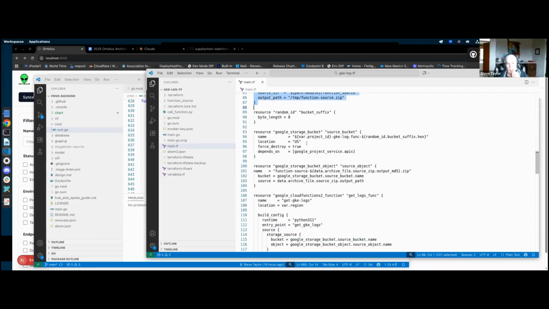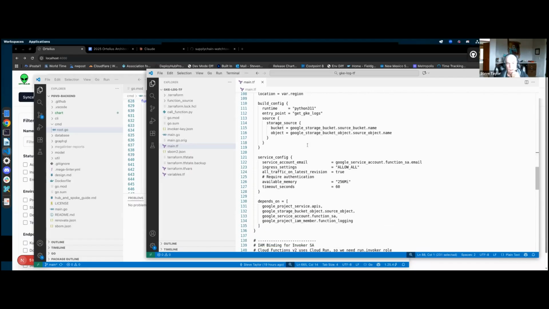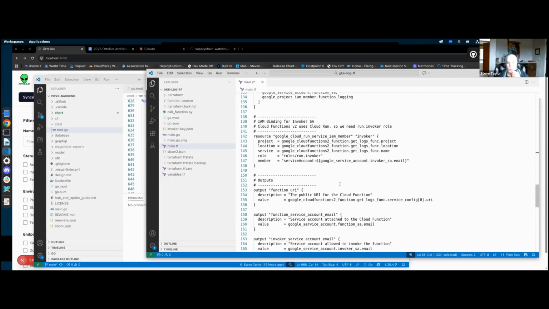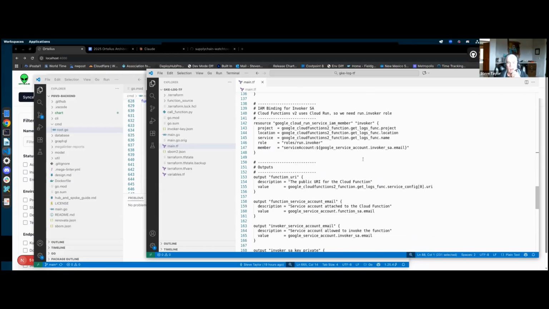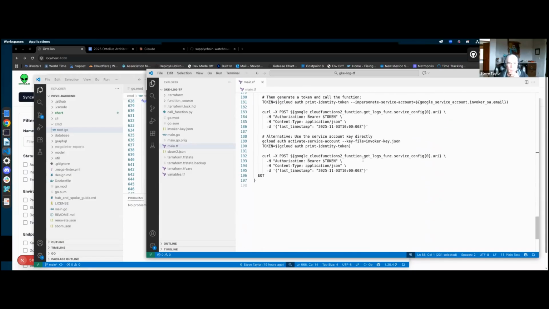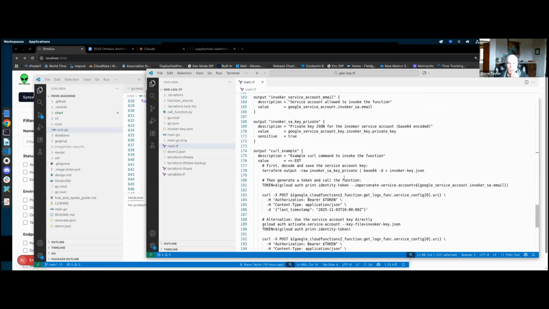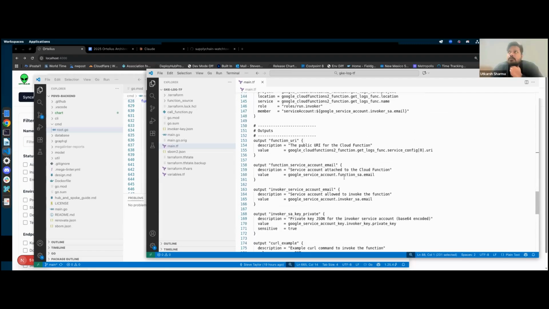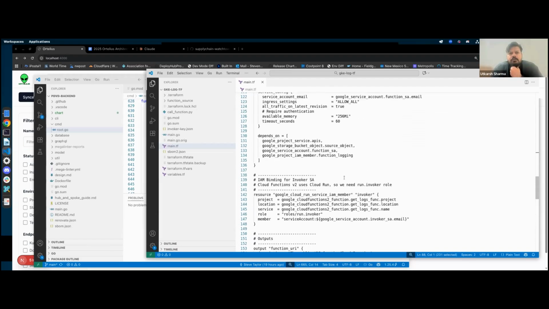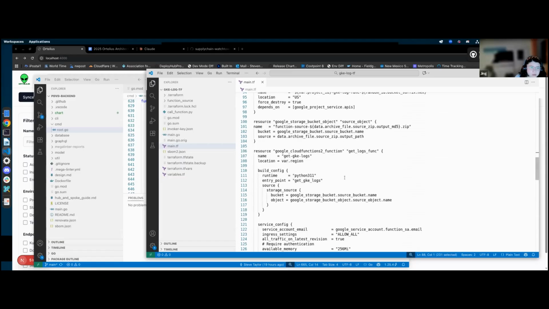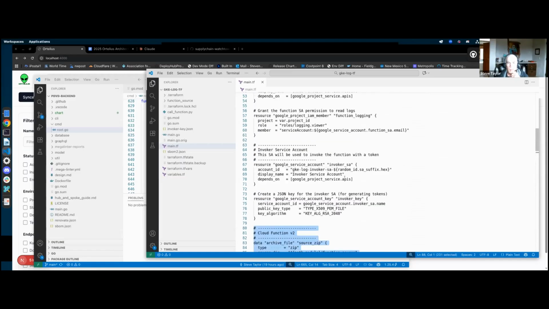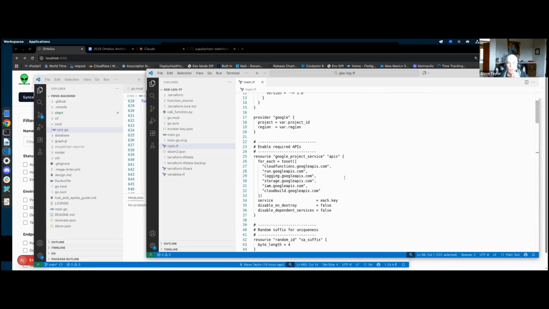So it deploys the Lambda, and then it also does the bindings to be able to get the logs. Let me see, I thought it was in here. So this is just the app running in the Lambda then? Yeah, and this Python code will read